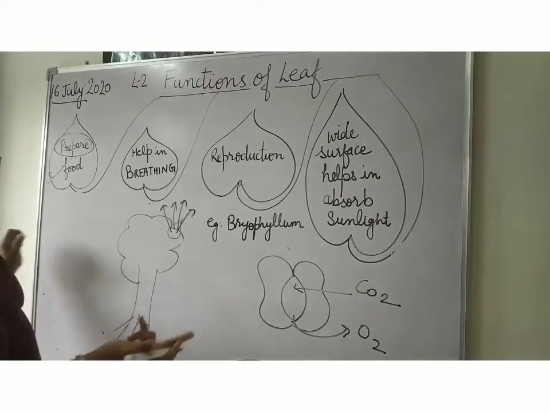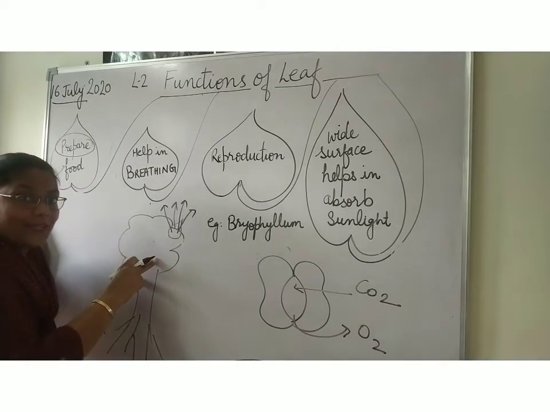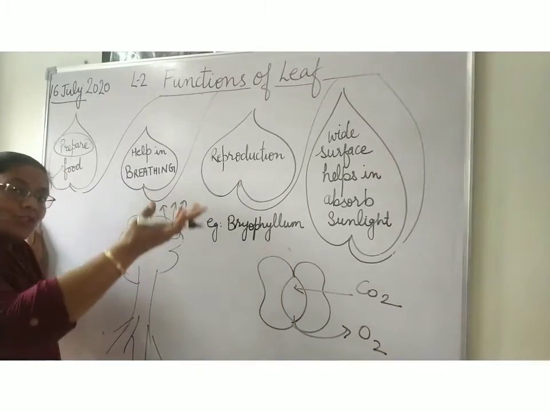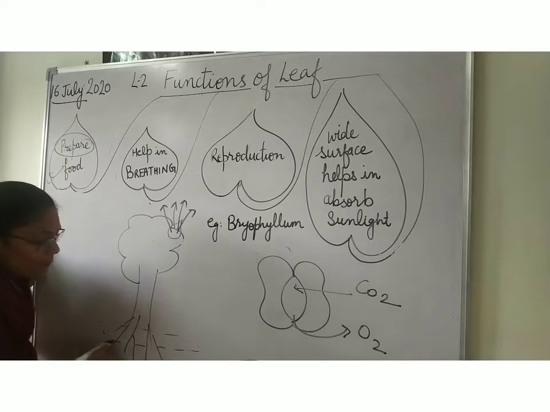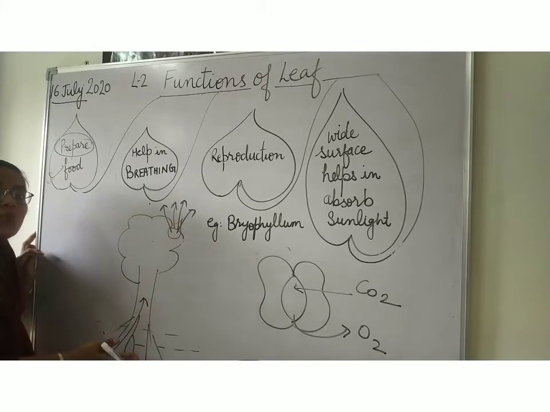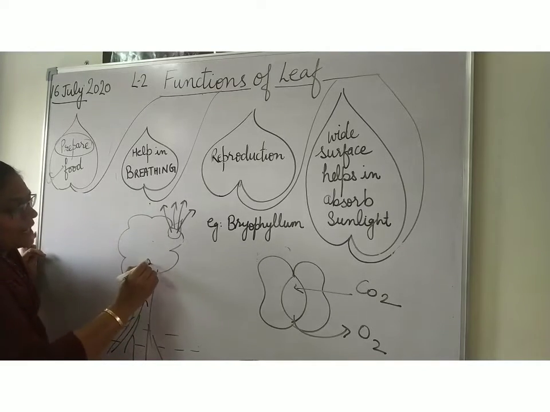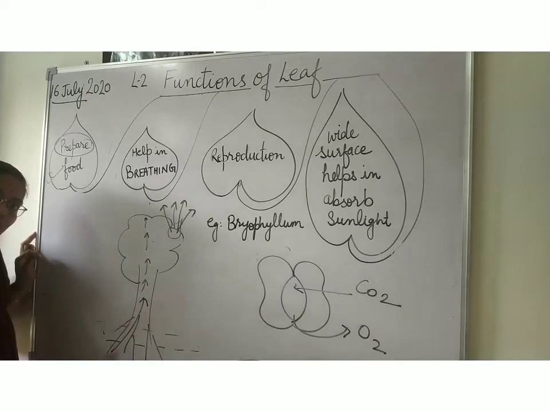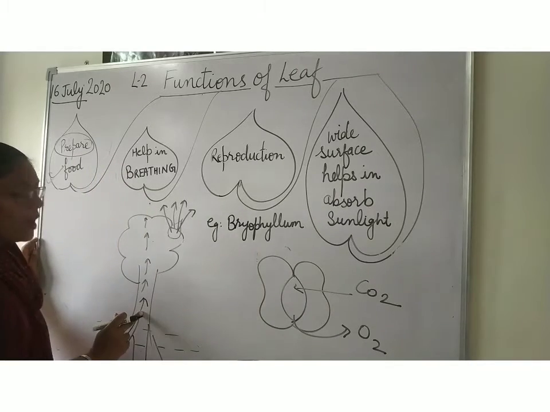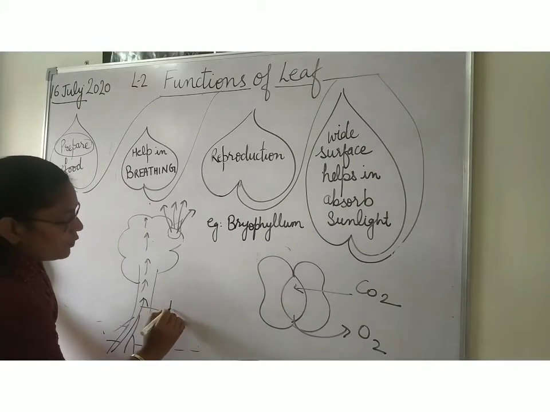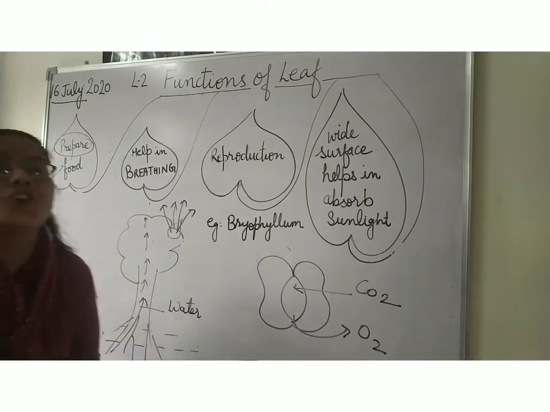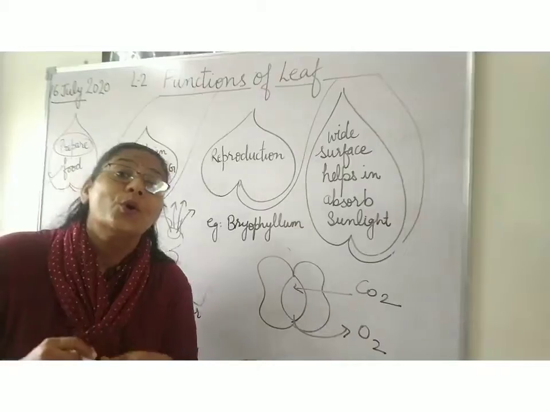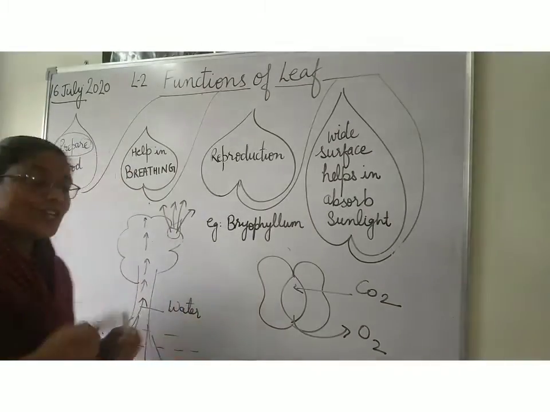Okay. So now what has happened? Whatever extra water is present in the plant goes into the environment, and because of that, the water present in the soil is taken up by the roots of the plants. So it makes a transportation system by which the water goes up. Along with this water, minerals are also taken up from the soil, which helps the plant to grow. So you understood transpiration?